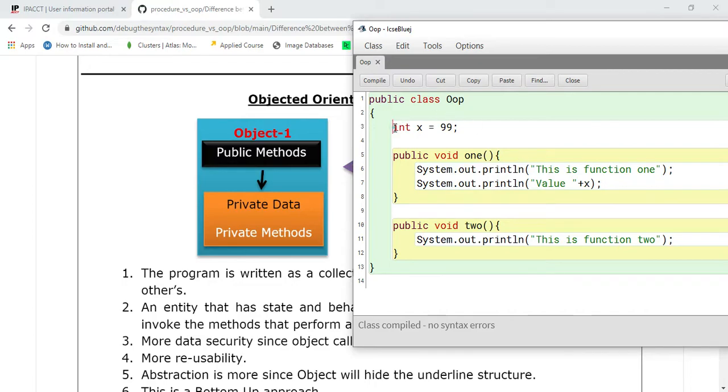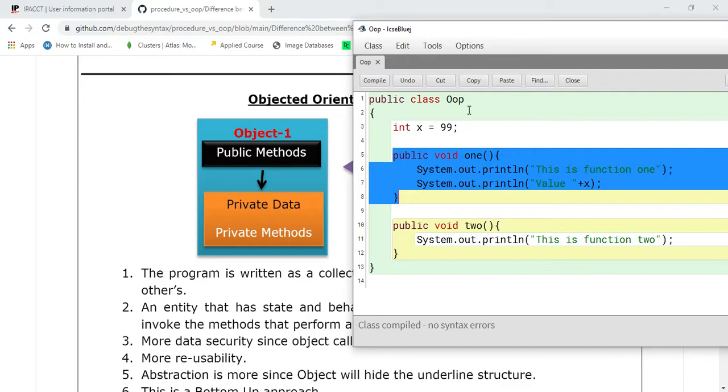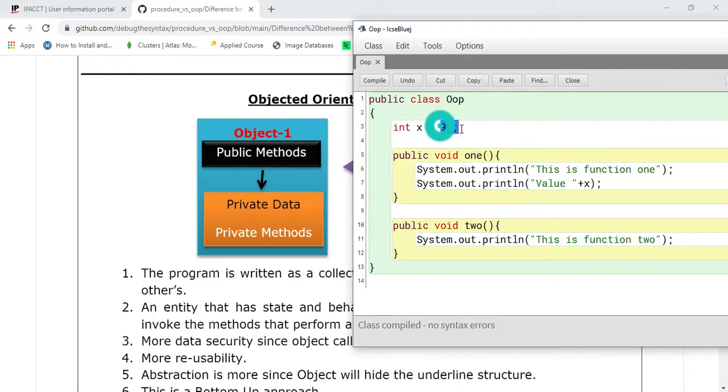Rather, what I've done is that I've gone for a global variable, which means that this variable can be accessible by any one of these functions that is present inside this class, and that is something which is very important. So nobody will be able to access this variable until and unless the function is a part of this class. So the function has to be part of this class, only then will it be able to access this variable.